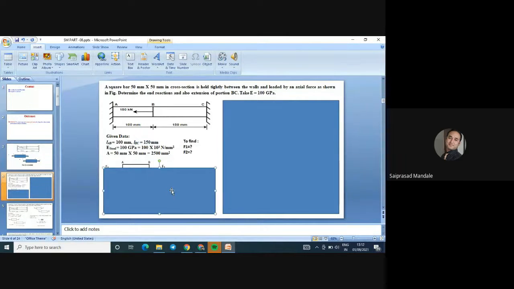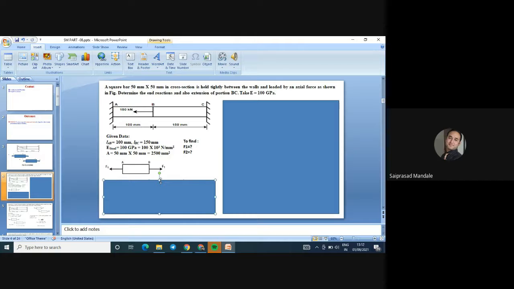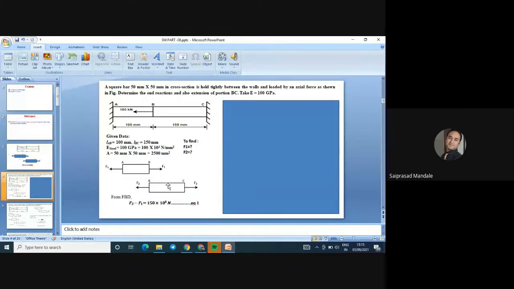Okay. So as I told you, we have to apply forces on both AB and BC. Which force am I going to apply, compressive or tensile? Tensile. Okay, so as per our convention, we are going to apply tensile force on both the bodies. So I'm going to apply on AB tensile force F1, and second, on BC tensile force F2, and the relationship F2 minus F1 is equal to 150 kilonewton.